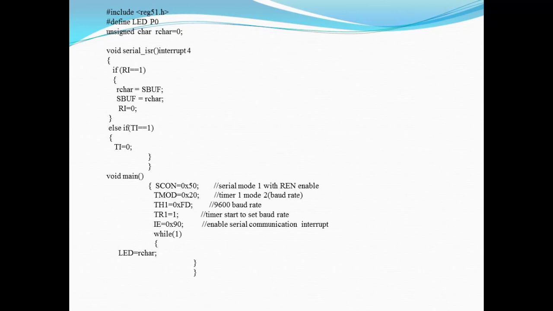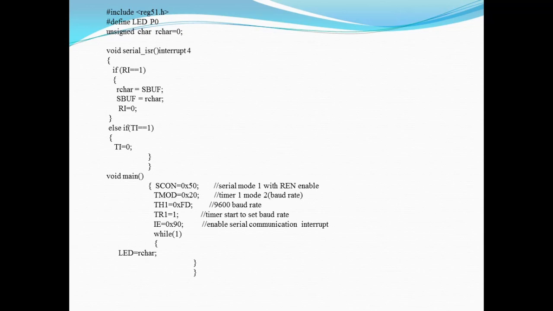Then we have defined port P0 and given it the name LED. So now in the program, whenever we want to use port P0, it will be mentioned by LED. Then I have defined one character, named rchar, and the initial value of rchar is 0.